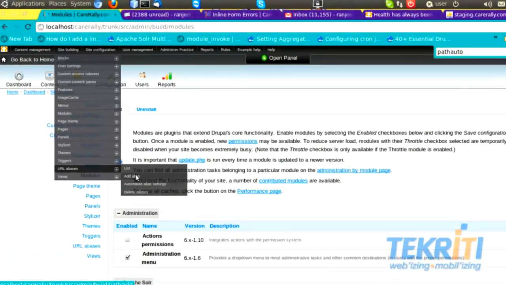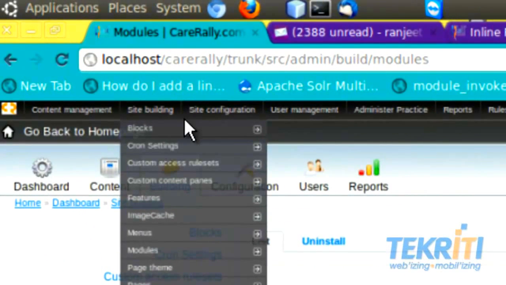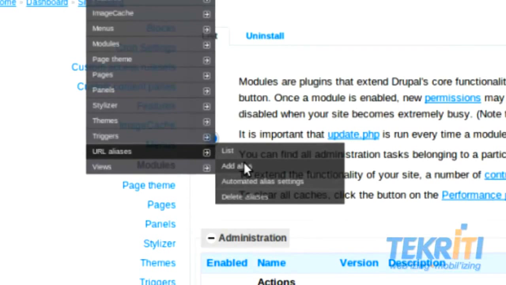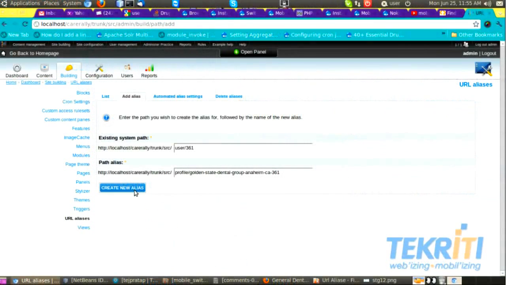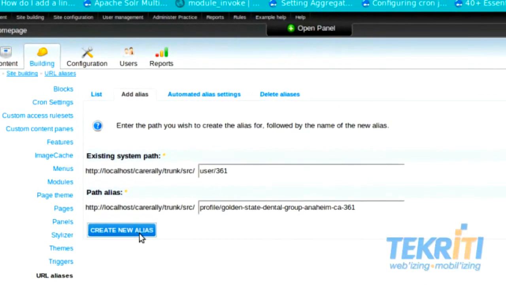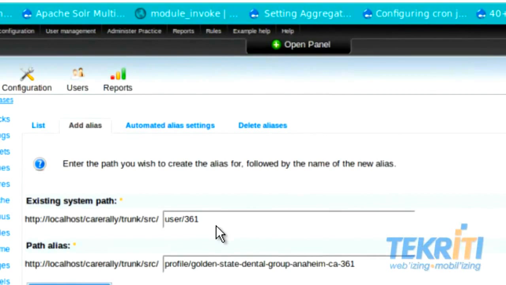After saving the changes, click on Site building, go to URL aliases and select Add Alias. In Add Alias, fill these areas. In existing system path, you need to type in the current URL of the web page you want to alias.